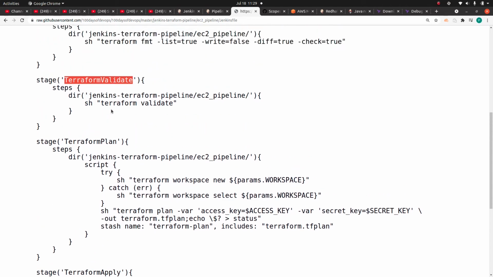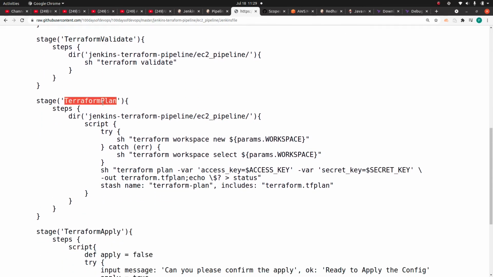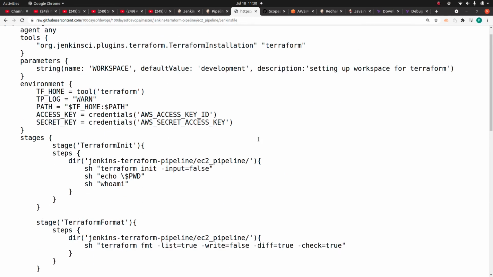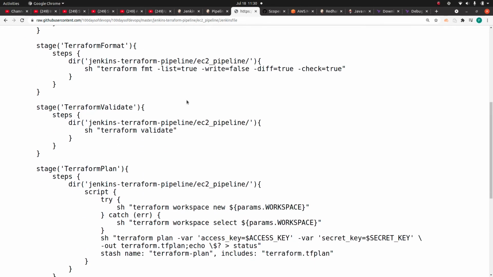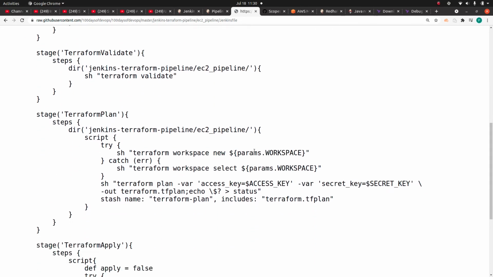This is going to be a little bit tricky, where we are specifying the plan. What exactly I'm doing here is trying to catch some errors. First, it's going to create a new workspace. We have defined that if a user does not specify any workspace, the default workspace is going to be development. But if the development workspace already exists, it's just going to select that workspace.